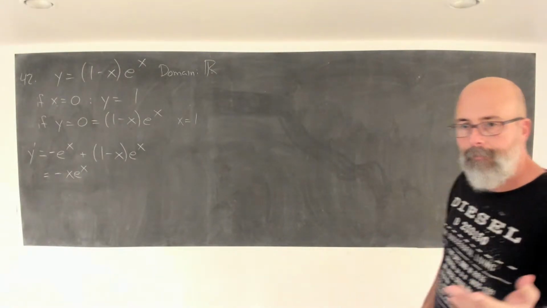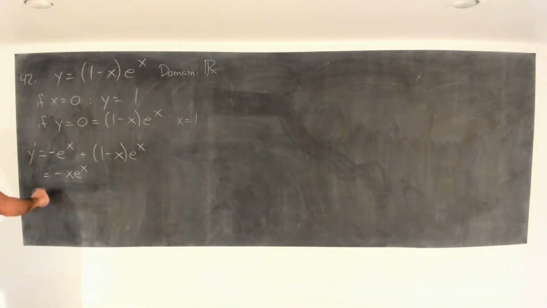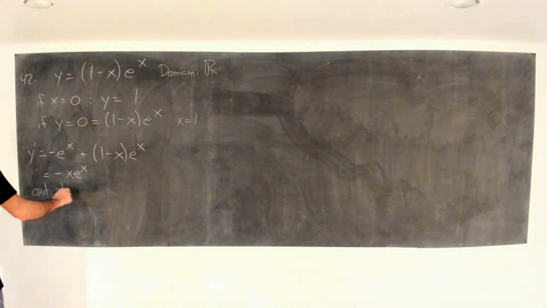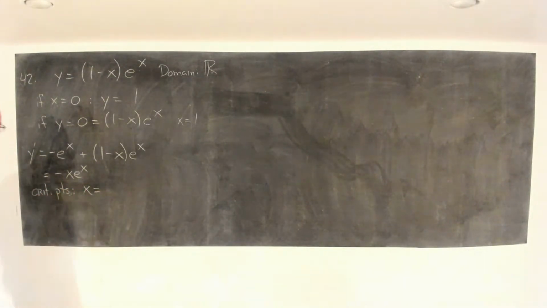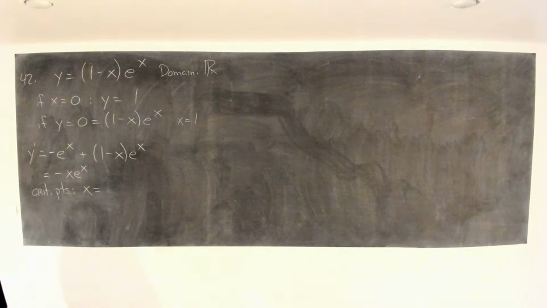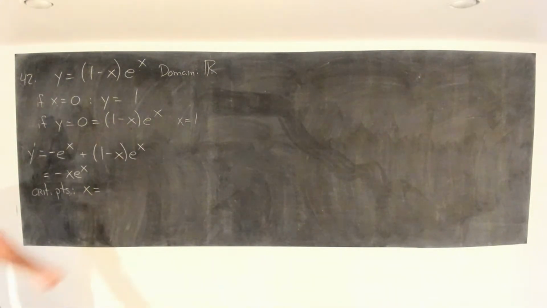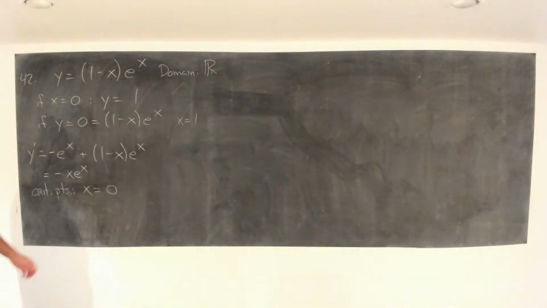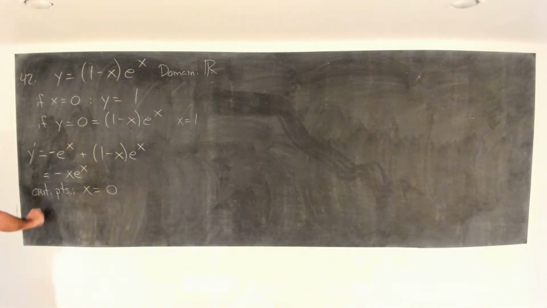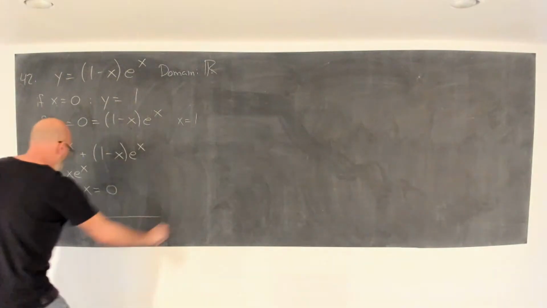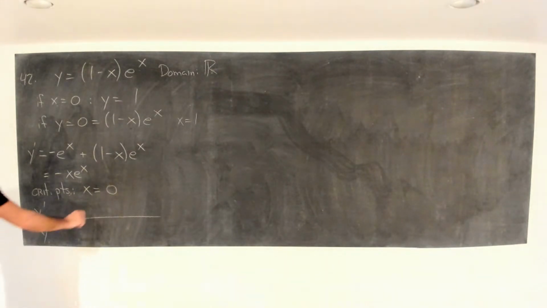Critical points. X equals, you know what it is. X equals 0. Let's draw a first derivative chart